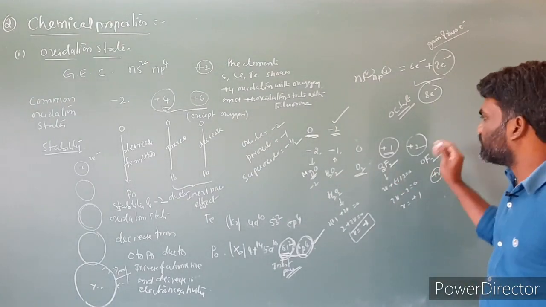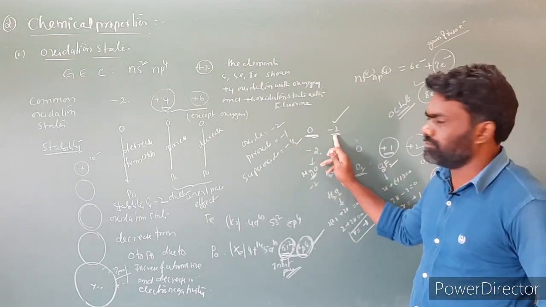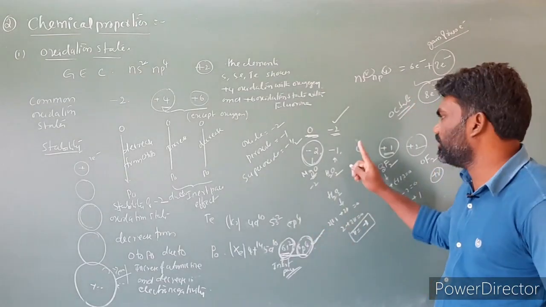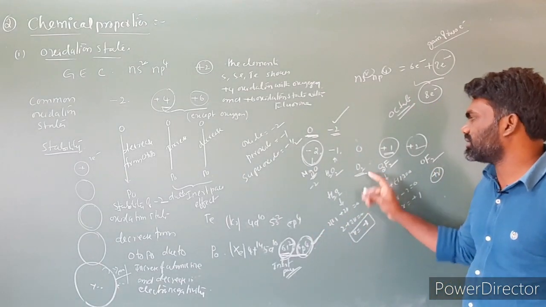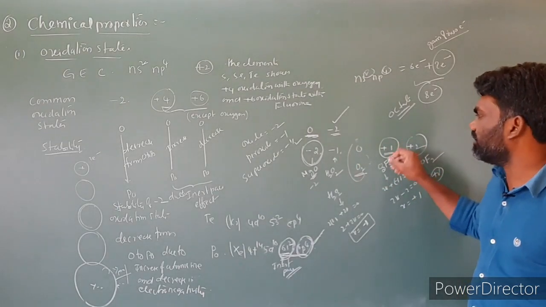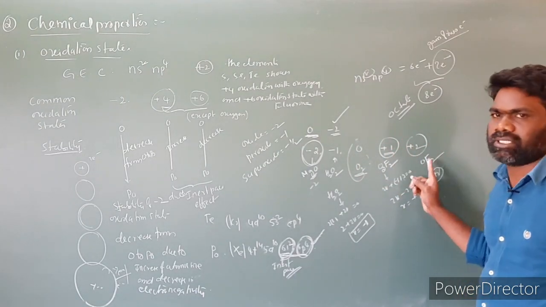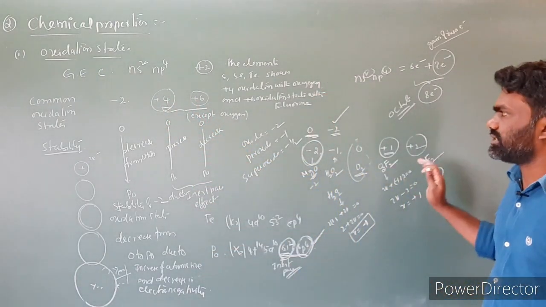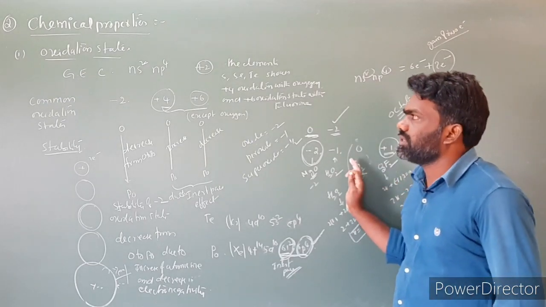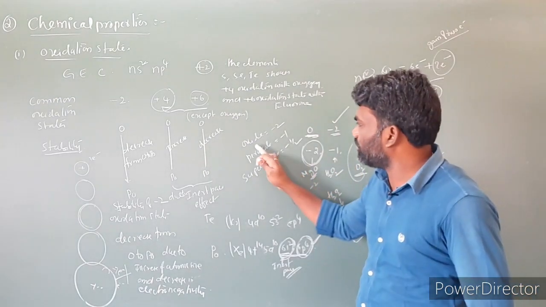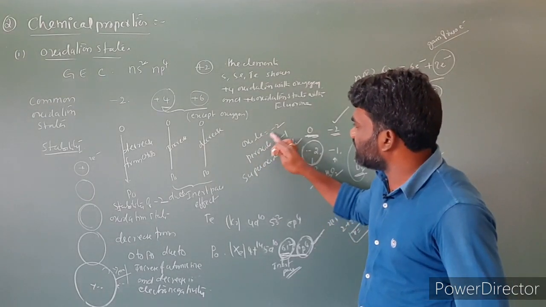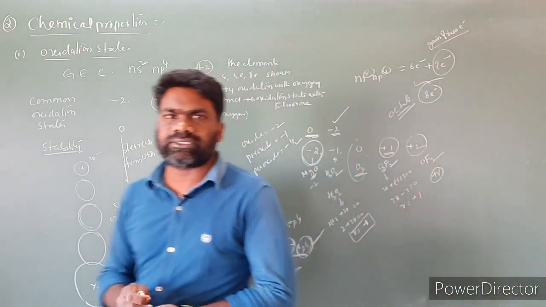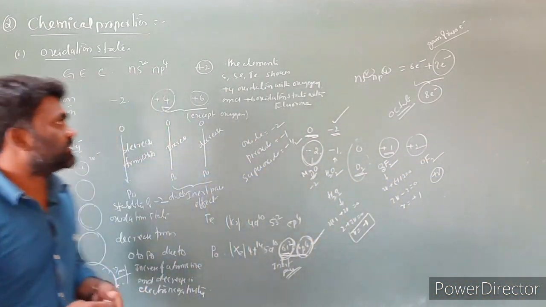In a similar way we have to do it. So my point is, the common oxidation state of oxygen is -2. In addition to the common oxidation state, it will show -1, 0, which is the elemental state, and there is no need to consider the elemental state, and it will show +1 and +2 also. Oxygen does not show +4 and +6 oxidation states. So these are the oxidation states of group 16 elements. And one more important point: oxide has -2, peroxide is -1, superoxide is -1/2.